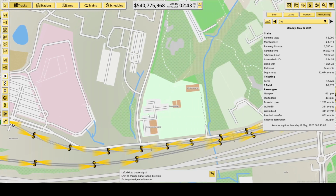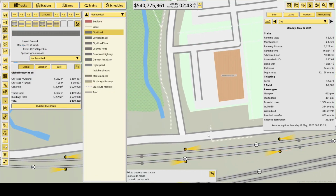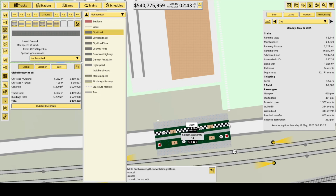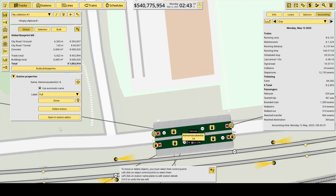So there we have Roihupelto, and I think the final stop will be Itäkeskus. Nope, there is still one stop actually. There is still one stop, and that's called Ratasmyllytie, Julkransvägen, and it's gonna be over here. And I will just have to make sure that it doesn't interfere with the tram lines. That would be unfortunate, but the